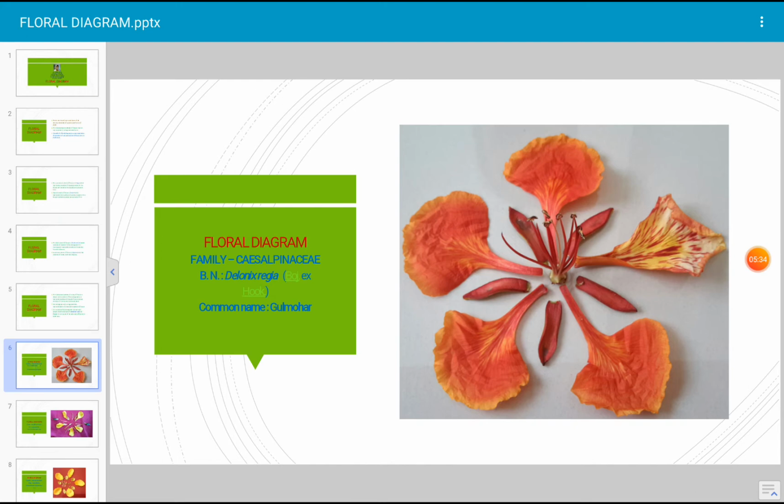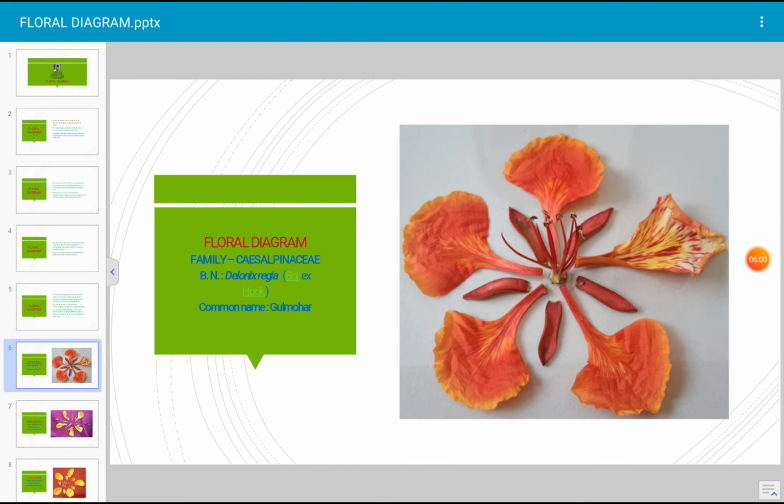See, there are 5 sepals and they are free, polysepalous condition. Petals are 5. 4 petals are exactly similar, but one petal is somewhat different. There are 5 petals. In the floral diagram we are showing 5 petals, and at the center androecium and gynoecium. We have to take the section of the ovary, and we have to show the ovules inside that.